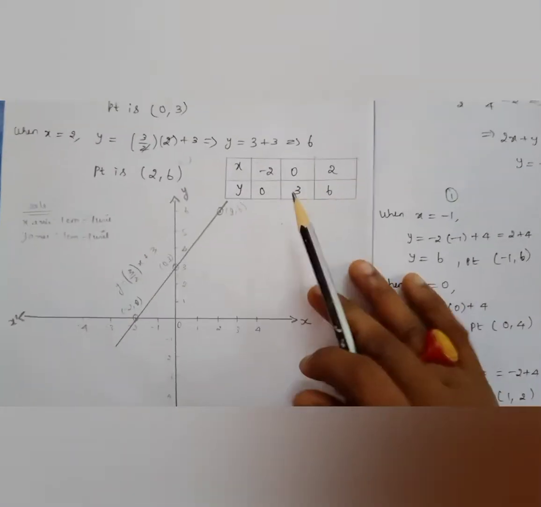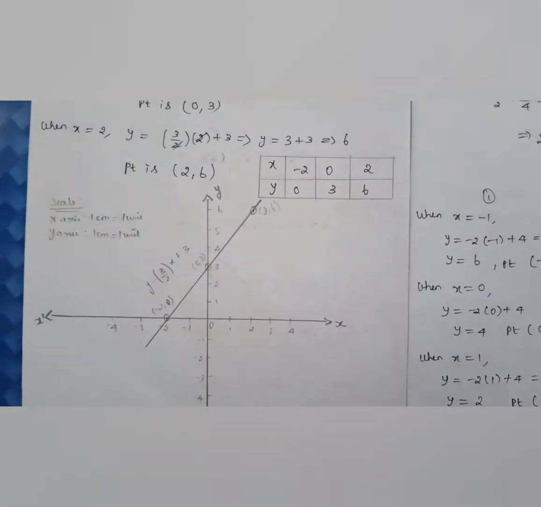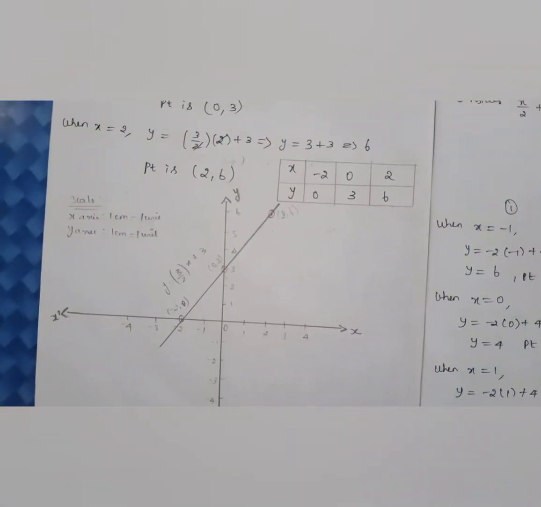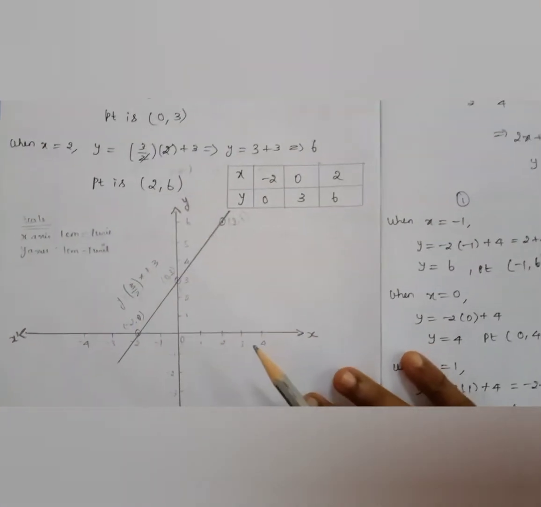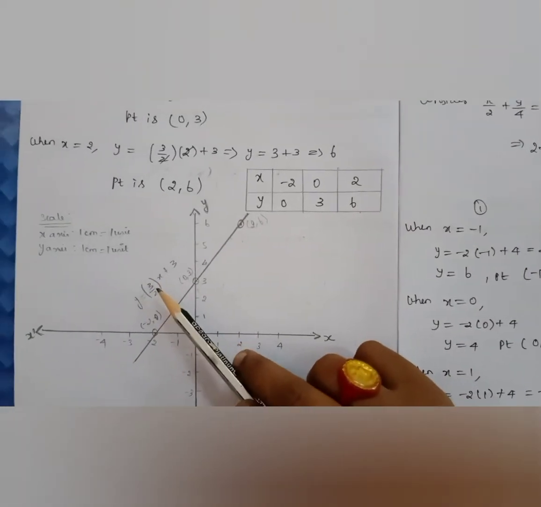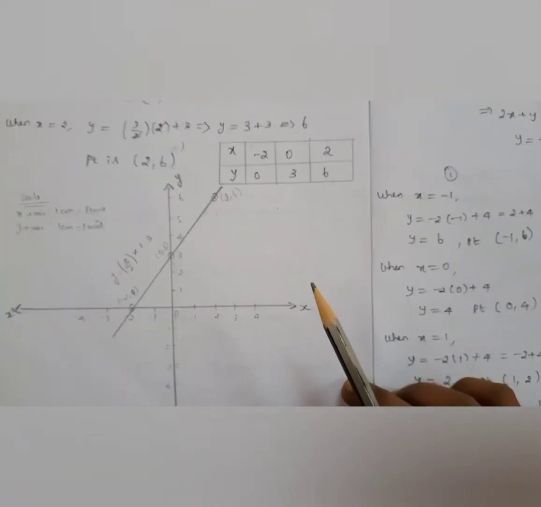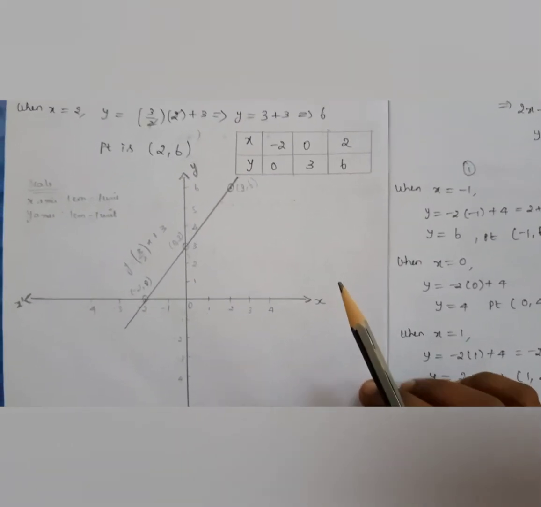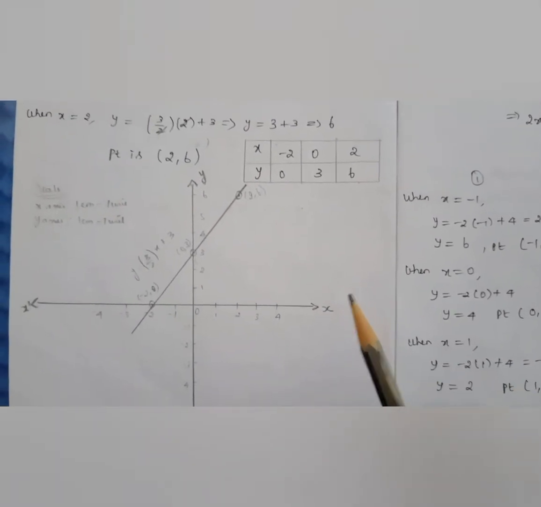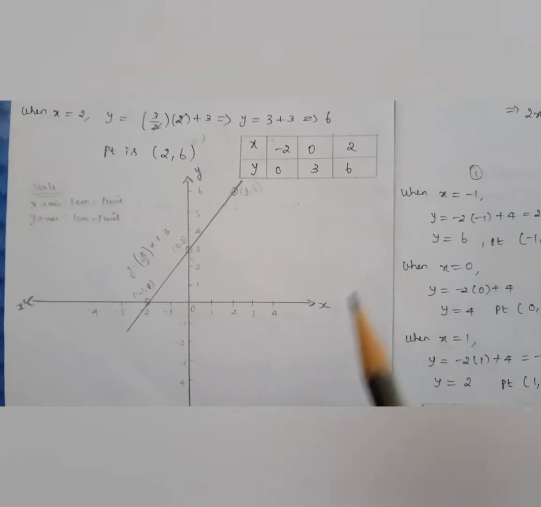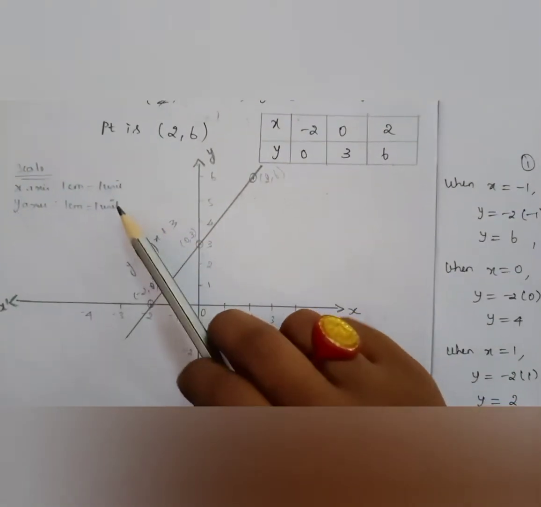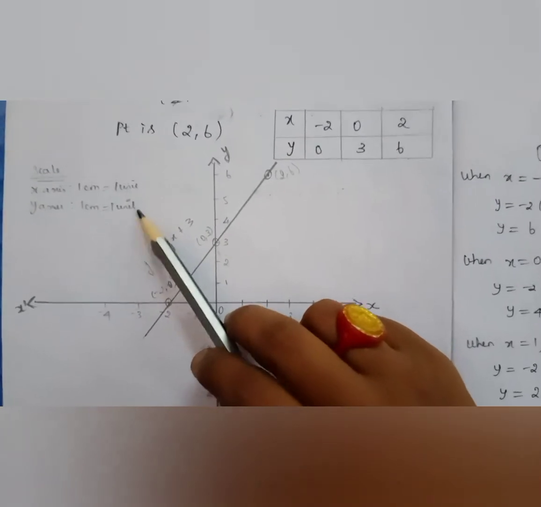Okay. So now the scale, I will make it as x-axis 1 centimeter is equal to 1 unit. And similarly, y-axis 1 centimeter is equal to 1 unit. Scale is very important whenever you are drawing the graph, children. The scale only describes how many units you are taking for x-axis and y-axis, so that you have to specifically mention here.